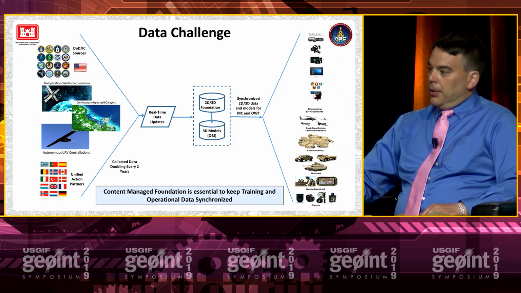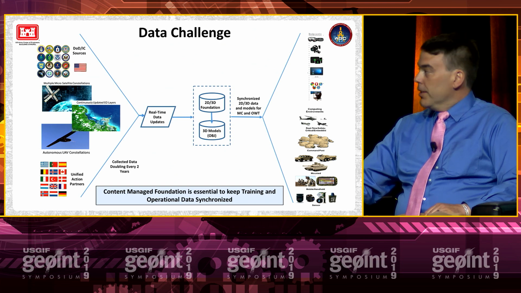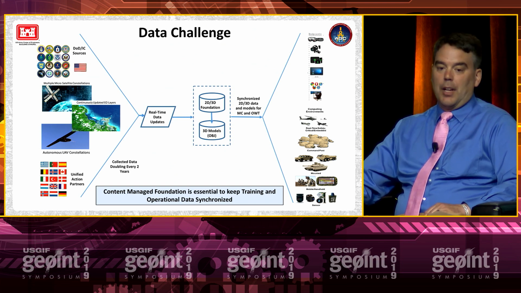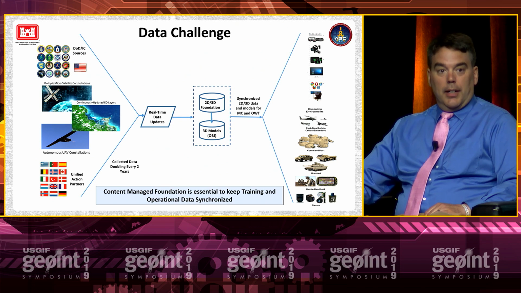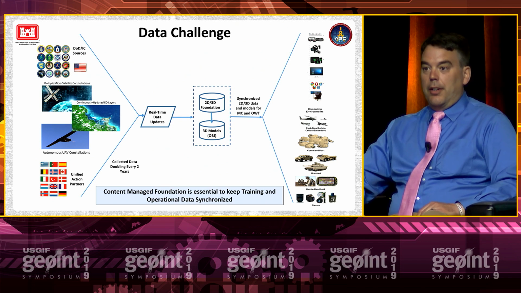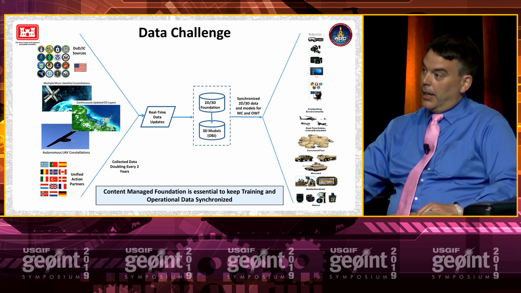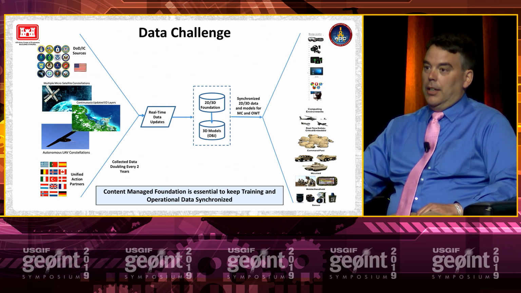So if you look on the left-hand side of this slide, we have a variety of places that we're going to get data. We're going to have soldiers in the field collecting data. We've got drones, things like Meida and Isaac talked about. We've got commercial data sets. We've got NGA, other governmental organizations, and our allied partners. And that data comes in various standards, formats, accuracy, resolution, some raster, some vector data.